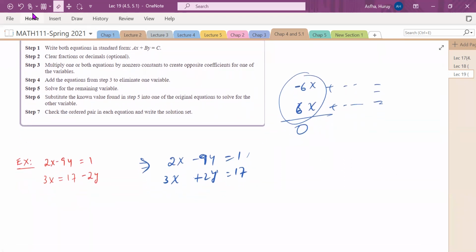And the question next, you may ask, which one do I pick? Which one do I cancel first? That's up to you. It doesn't matter which one you cancel out first. So here, for example, they have opposite signs already. The only thing is they are not the same number. This is 9, this is 2. So I don't need to change the sign, but I need to make sure that these two numbers are the